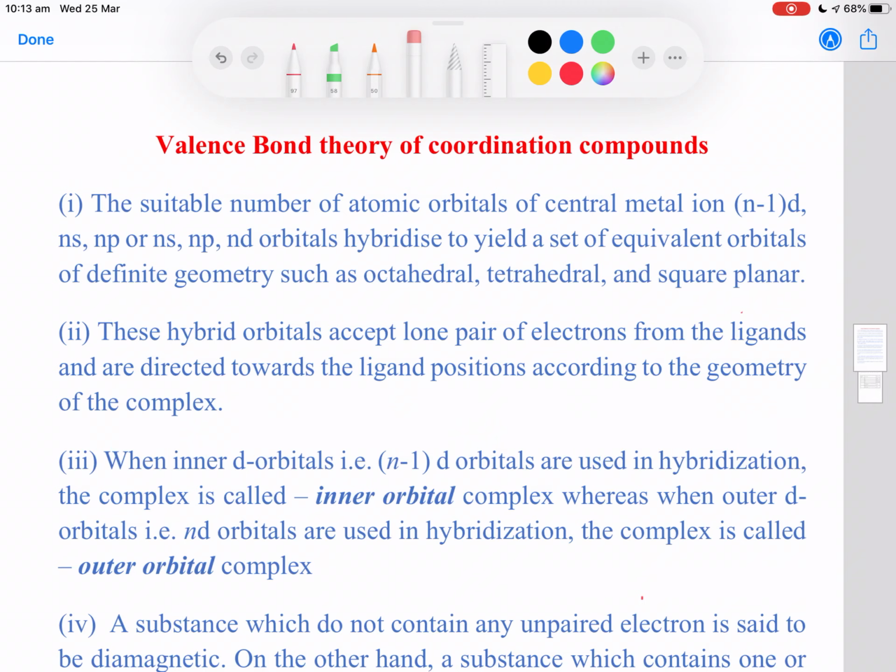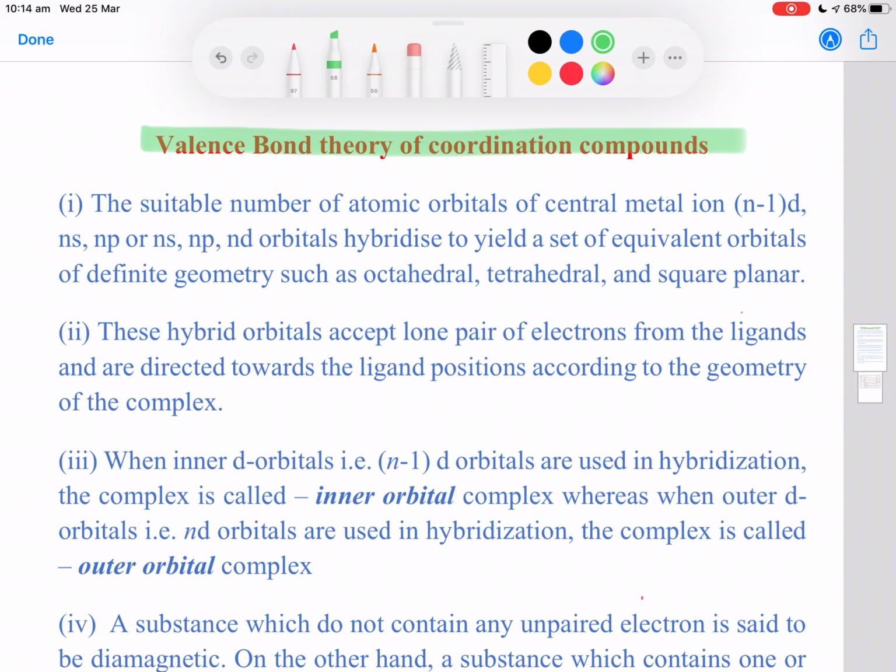Hi everyone. Today we are going to learn about valence bond theory of coordination compounds. We have already learned about the drawbacks of Werner's theory, and at that time I mentioned that to find out the hybridization, the magnetic behavior, whether the complex is inner or outer, and also to figure out the geometry of the complex, we move on to another theory called VBT, that's called valence